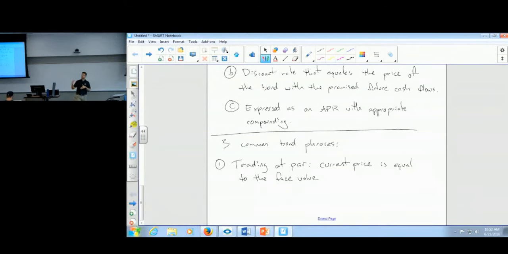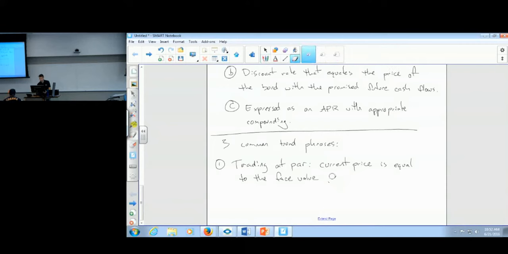Remember all that stuff we talked about with bonds: the coupon rate, the face value, the maturity, all of that is set in the bond contract. The only thing the market gets to choose is the price and the yield to maturity. And these two are inextricably tied together. As the yield moves, the price moves. As the price moves, the yield moves, in a specified relationship. So if a bond is trading at par, this has to be true. It must be true that the yield to maturity,